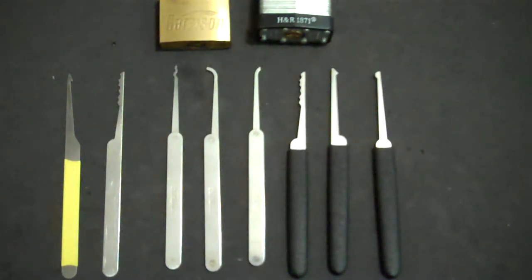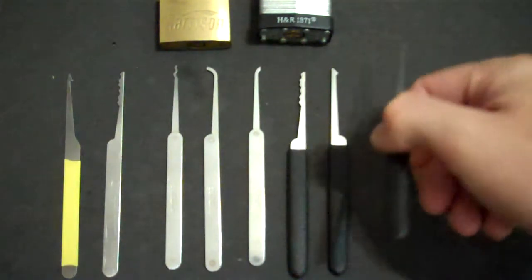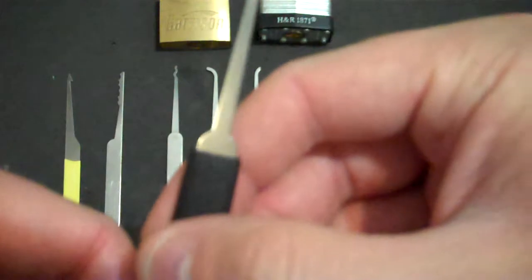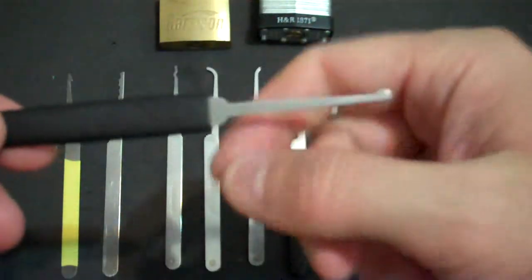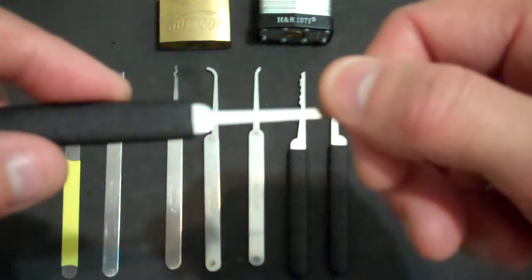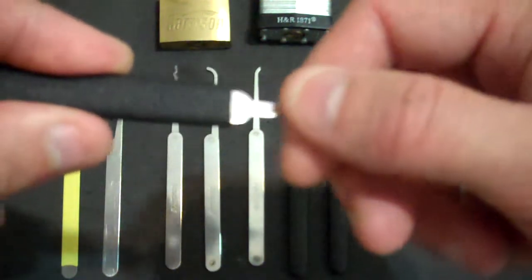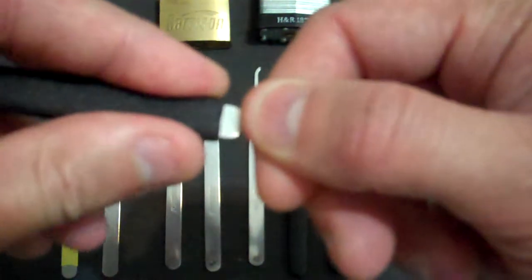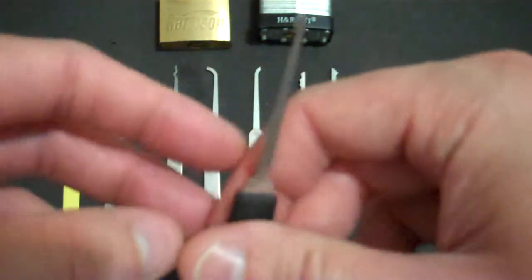I'm gonna go through the picks that I ordered, and as you guys can see, I also ordered the VG9 grips, those little rubber grips, which are, I can say, a must if you're gonna lockpick as much as I do for a hobby. These little grips are super comfortable, they're rigid, they're easy to get on, and well, let's go through the